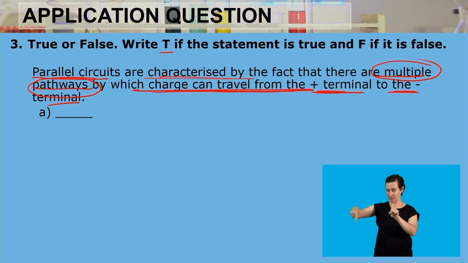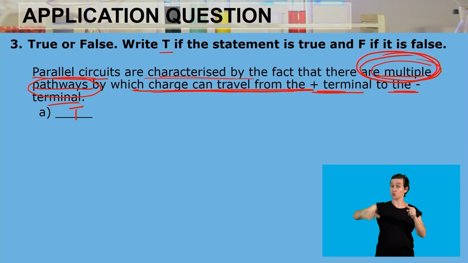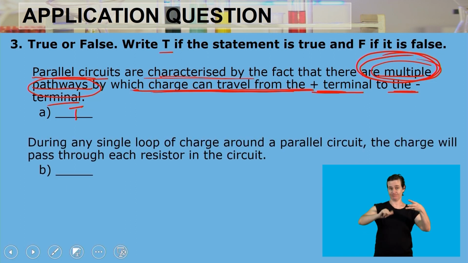So therefore, this statement is true because there are multiple pathways by which the charge can travel. If it's just one single pathway that a charge can travel, that means that circuit is connected in series. Next question. During any single loop of charge around a parallel circuit, the charge will pass through each resistor in